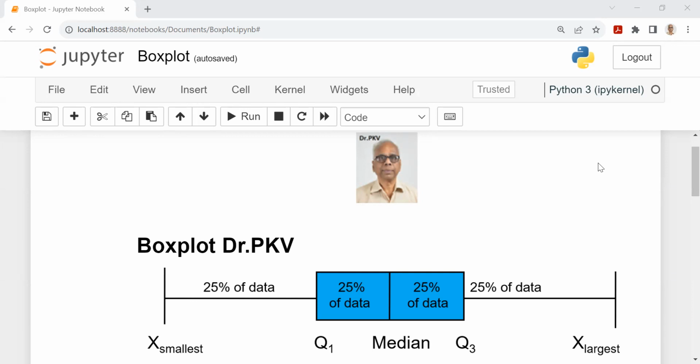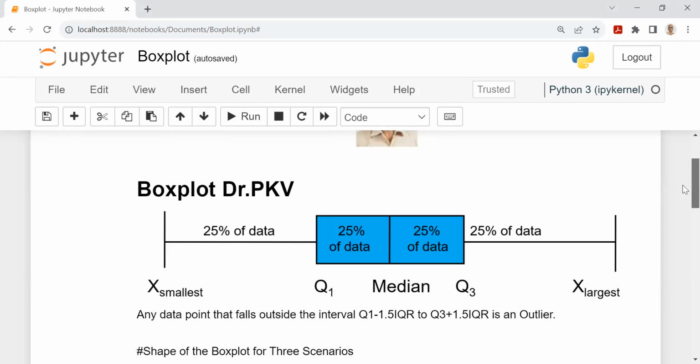Dear friends, in this video, I address the boxplot with its associated concepts. The boxplot is based on